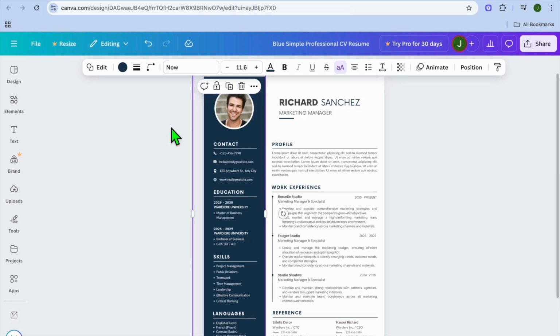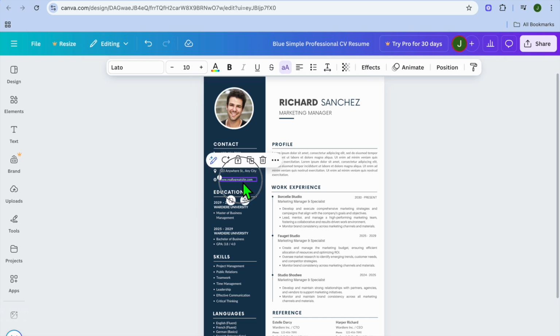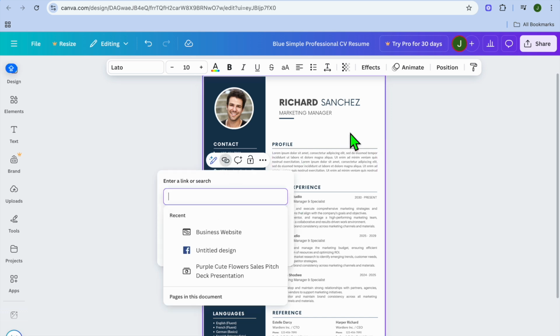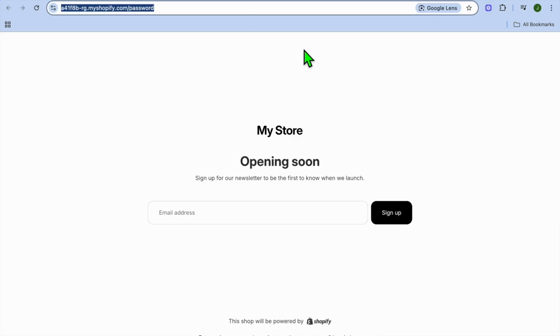How to make a clickable link in a resume on Canva. So for example, let's say you would like to redirect persons to a particular website. All you need to do is select the text. Then after you have selected the text, you're going to tap on the link icon and you could paste in